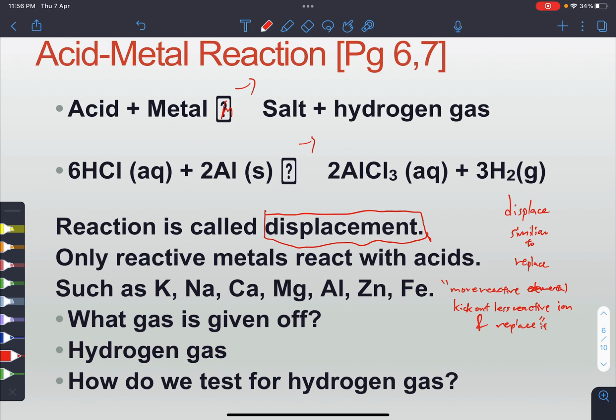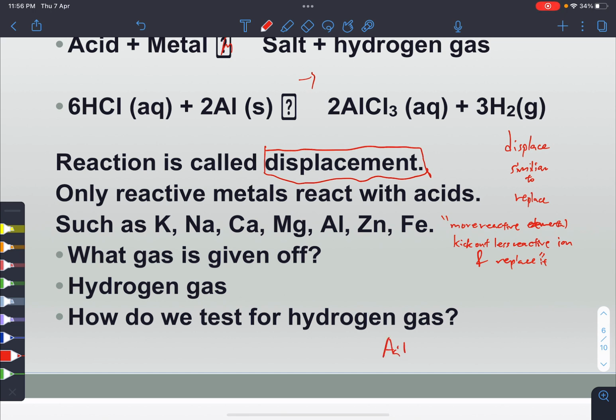So with that in mind, how in the world am I supposed to figure out what is more reactive? Actually there is a metal reactivity series that you don't need to know now. You need to know it in Tech 4. The topic of metals is key there. But for now, if you don't want to memorize the reactivity series, which is fine, there are already so many things to memorize, right? So what you just need to know is